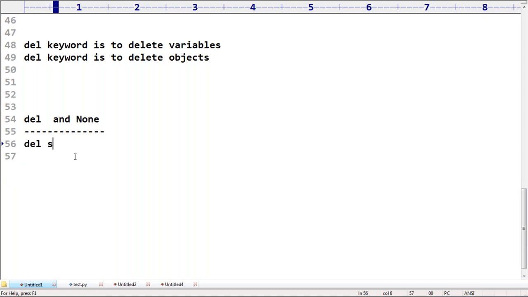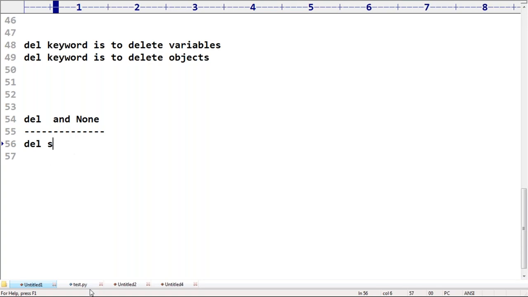If I use del s, the variable s will be deleted. Automatically, the corresponding object will be eligible for garbage collection. And s is no longer there, that's why you can't access s. If you are trying to access s, what will happen is, NameError we are going to get. Already we covered this story. Del s, okay? s will be gone, s will be deleted. The corresponding object is eligible for garbage collection, and you can't access s. s is no more. s is already dead.